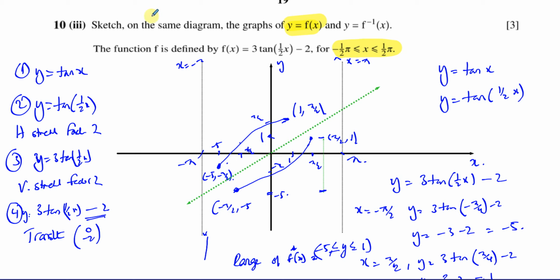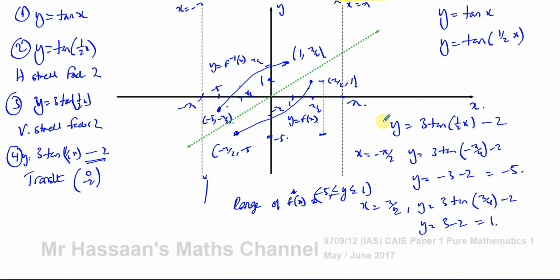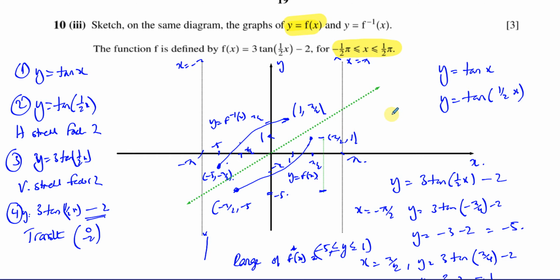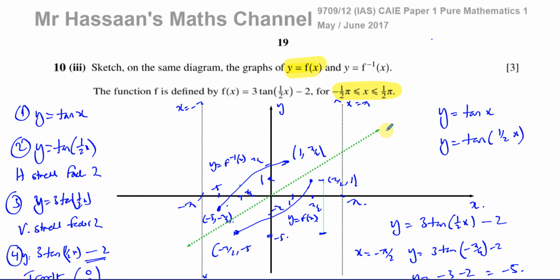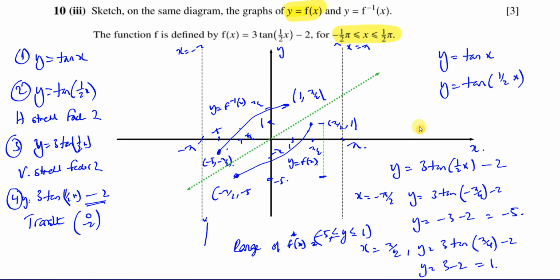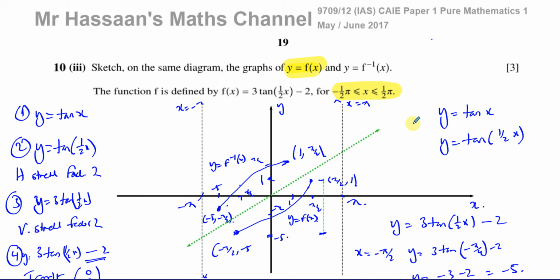So here we have y equals f of x, and here we have y equals the inverse of f of x. As we can see, the domain is between -5 and 1 for this function, which is the same as the range of this, which is between -5 and 1. So I've tried to draw it to the best of my ability. It's a bit of a mess here, but hopefully that helps you to understand what to do and how to do it. So that concludes this question, which is part 3 from question 10 of the May-June 2017